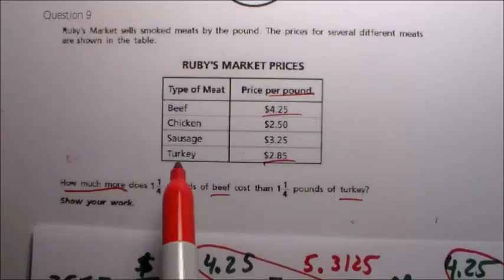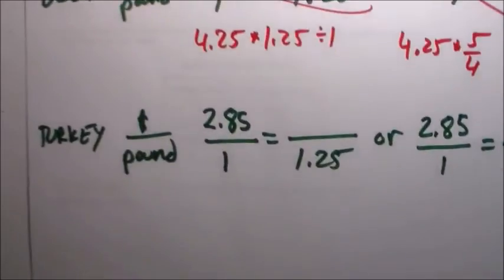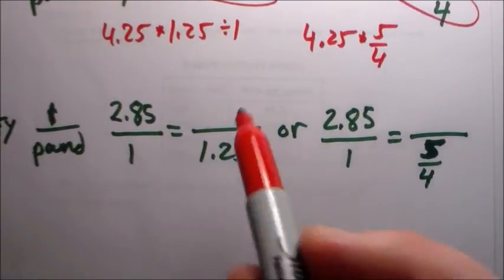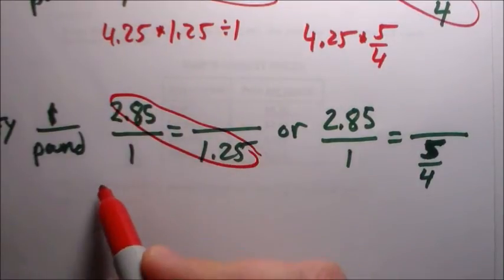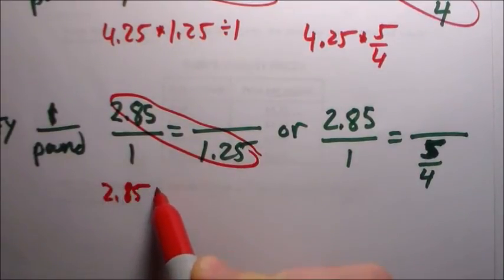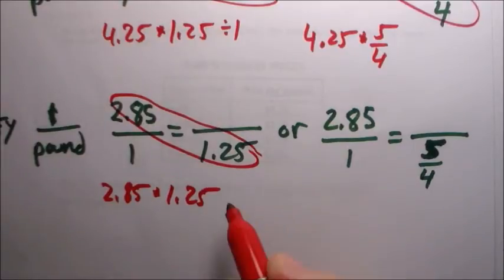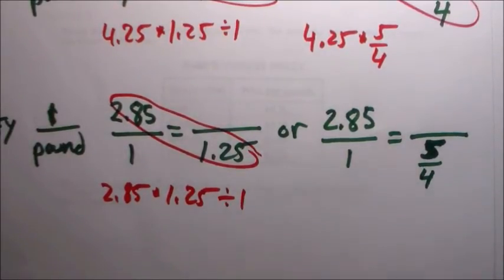Turkey, $2.85, right? We're looking for 1 1/4. Let's cross multiply. 2.85 times 1.25 divided by 1. All right, plug that in your calculator. You're going to get